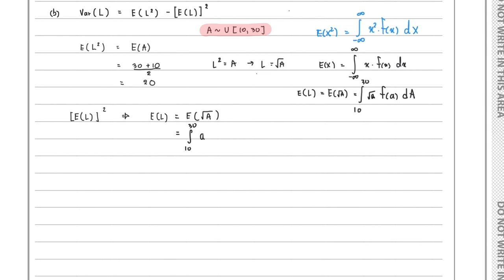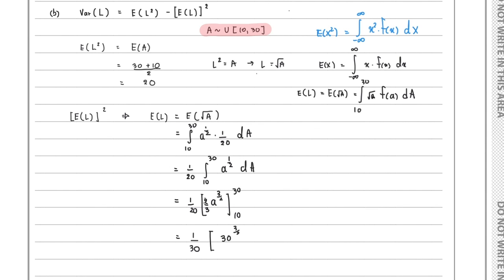A to the power of 1/2 times f(a), which is 1 over 20, dA. And continue integrating this. I'm going to have 1 over 20 factorized out, integral from 10 to 30 of a to the 1/2 dA. Well, this one will be a to the power of 3 over 2 times 2/3 here. Now we can factorize 2/3 out, and this will be 1 over 30, times 30 to the power of 3 over 2 minus 10 to the power of 3 over 2, which is